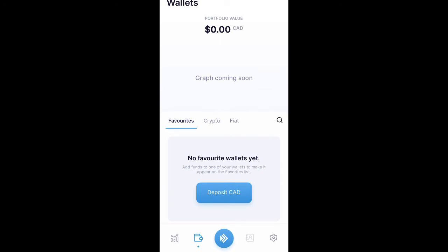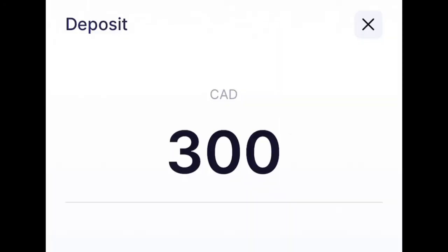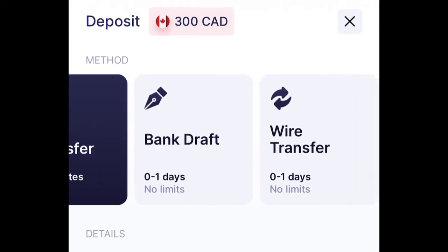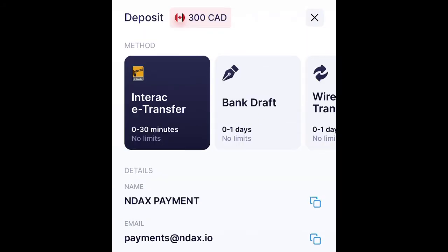Let's deposit 300 Canadian. So it gives me the choices here. I can do an Interac e-transfer. There's no limit. I can do a bank draft, or I can do a wire transfer. So in order to do this, I have to make a payment to Ndax Payment as the name in my bank profile, payments. I've got a unique message code. So when I hit deposit 300 Canadian,